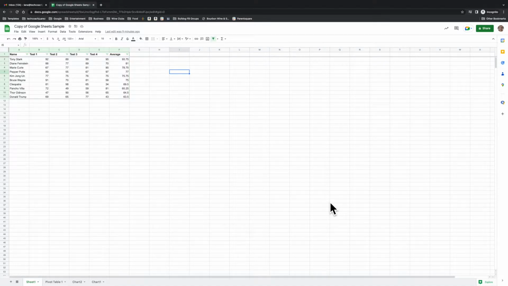Let's take a look at Google Sheets scenario 6. In this scenario, we are looking at pivot tables and how they can help teachers find trends and other ways to analyze data in a data set here. So here we have basic